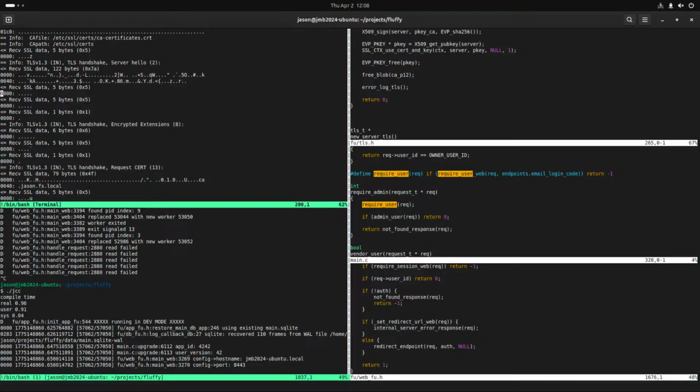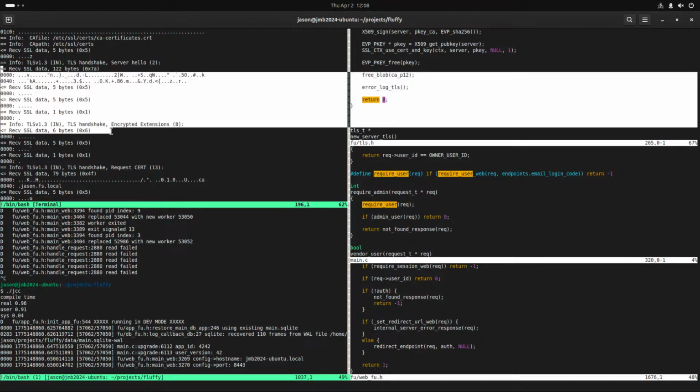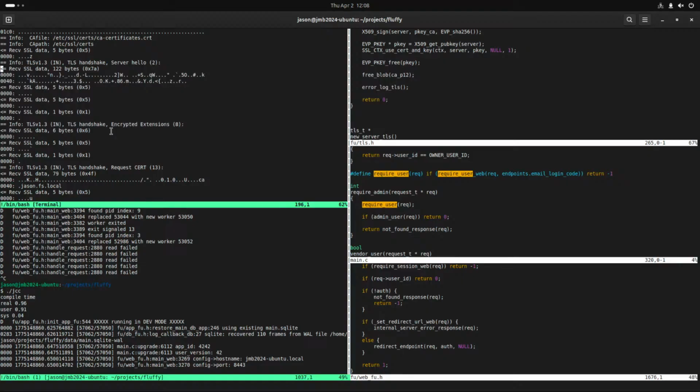I guess they're parsing each message separately, and I don't know what receive really means, but